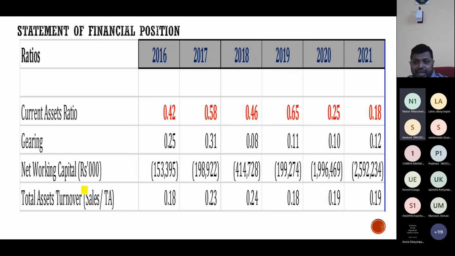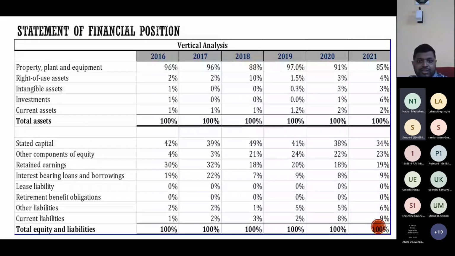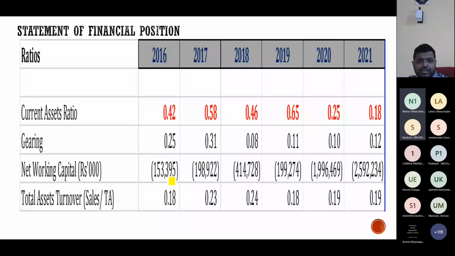Net working capital I have given, it is a negative net working capital. Current asset minus current liability. It is not good for a company because the company will end up with a liquidity problem and operations will be disrupted. Don't know whether you have borrowed the funds and invested in long-term assets. It will create a serious issue for the company. Then total asset turnover, it has been continuously maintained over a period. Those are the simple